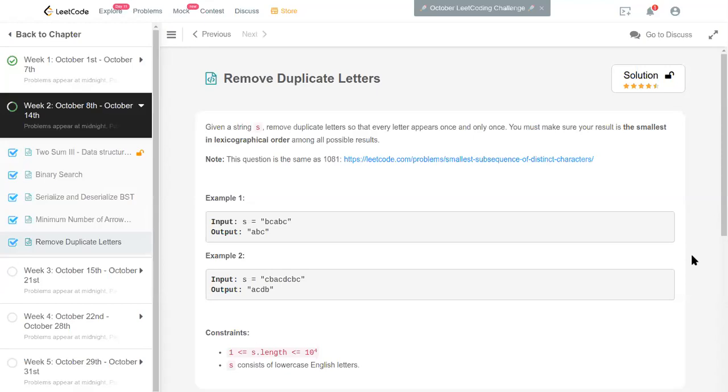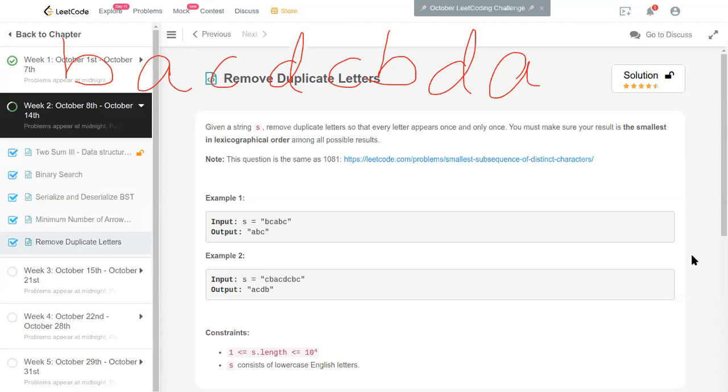So the example I'm going to take is something like this. Let me write here B A C D C B D A and then C. So we have 9 letters here. And if you observe, there are actually just A, B, C, D present there. So the answer has to have only 4 letters, A, B, C, D. But we don't know the exact relative order, and we need to minimize in lexicographical order.